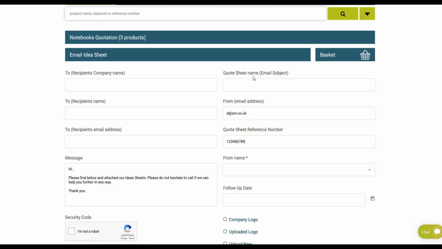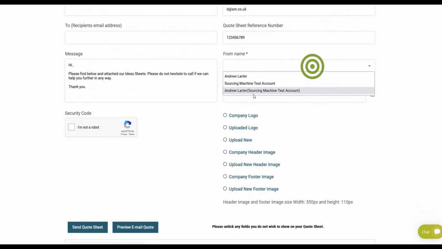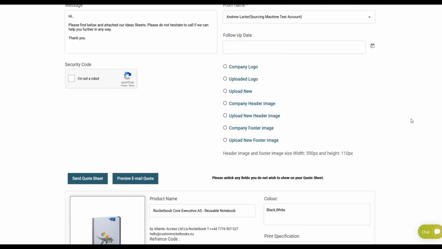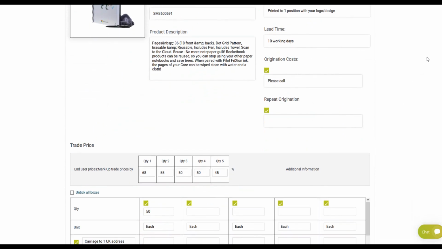Just to add a quote sheet reference, name your quote sheet, select who it's from if you're sending it via HTML, and then you can make any changes you want to